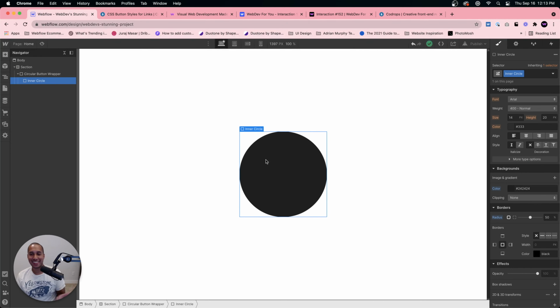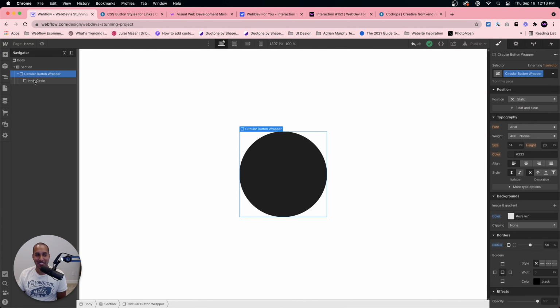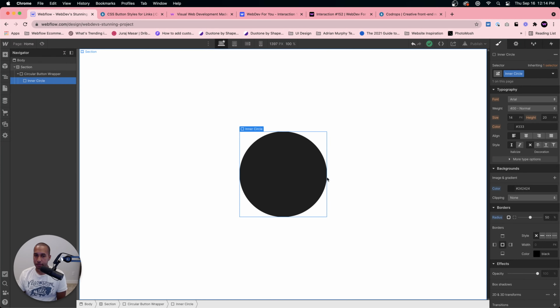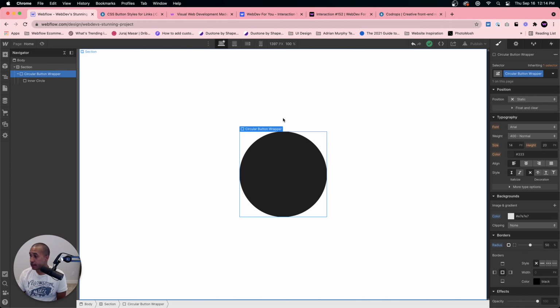All right. Cool. So back to this button. Otherwise I'll start getting kind of silly with it. So we have the circular button wrapper. Yeah, thanks, Alan. Appreciate it. The circular button wrapper, we have the inner circle. And then for the circular button wrapper,